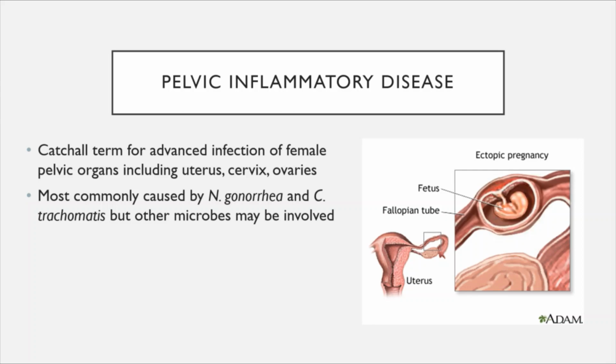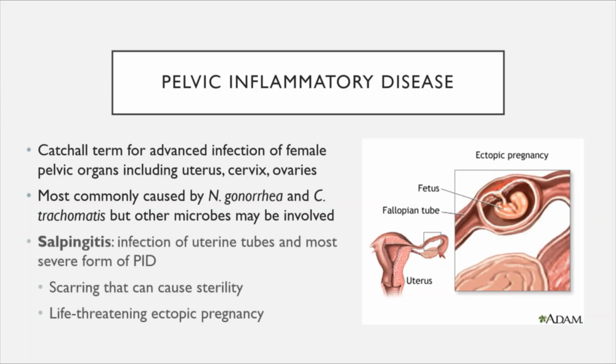But the most dangerous form of pelvic inflammatory disease is called salpingitis. This is where the infection localizes in the uterine tubes or the fallopian tubes, and it's particularly severe because that infection of the fallopian tubes can cause scarring that can lead to sterility. Because the fallopian tubes are the tubes through which the eggs will pass out of the ovaries on their way to the uterus, scarring can block that from happening, and it can also lead to a life threatening ectopic